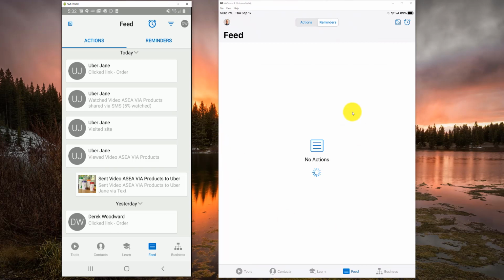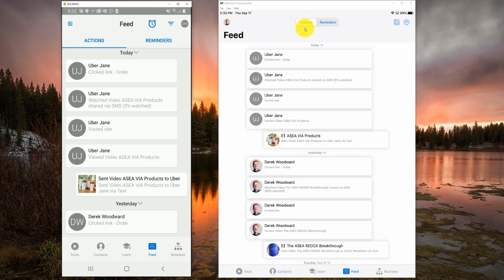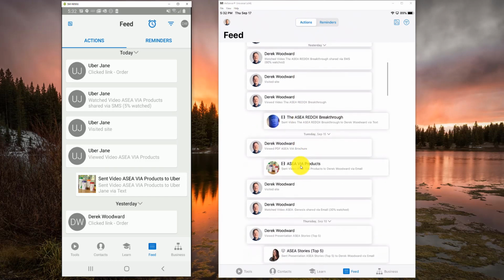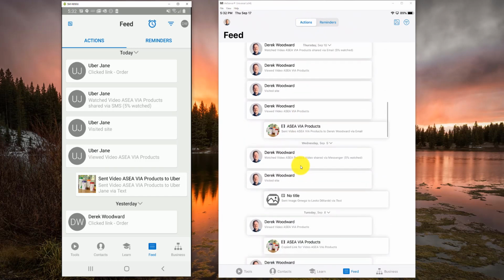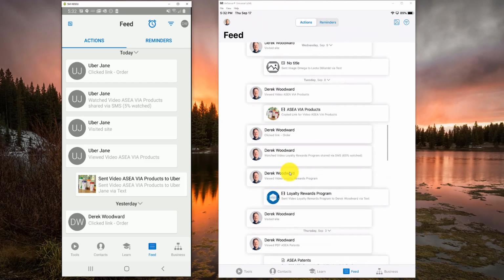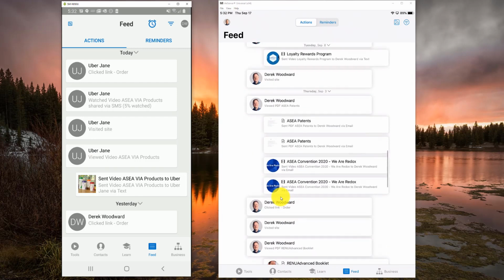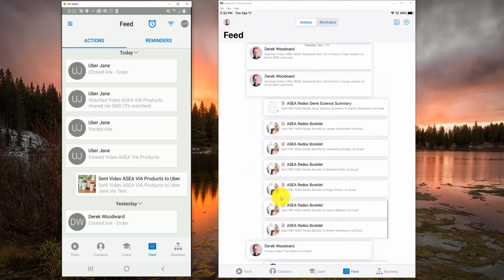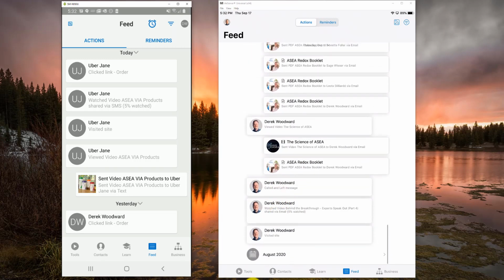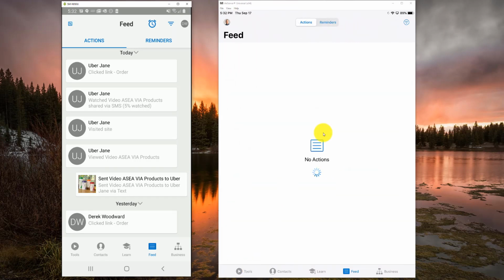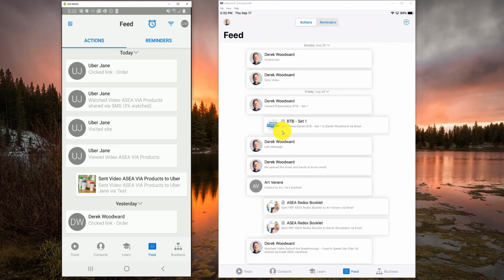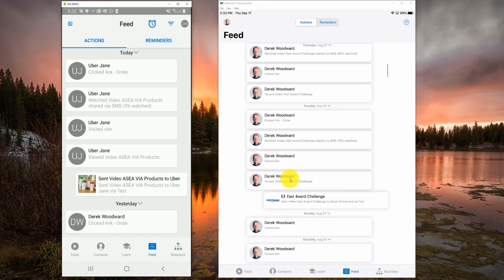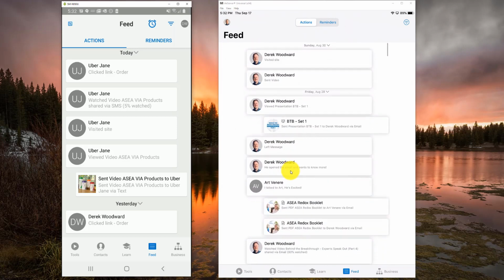I got a few more different contact images. So let's click on my actions up here at the top. And you can see an example of what a nice full screen looks like. Granted, I only share with myself here on this, but you can get an idea of, as you start using this app, you're going to start seeing a lot of good information, and it will also archive into the previous month as well, so that you can go back and see some of the different things that you've sent somebody, and all of it is saved directly onto your